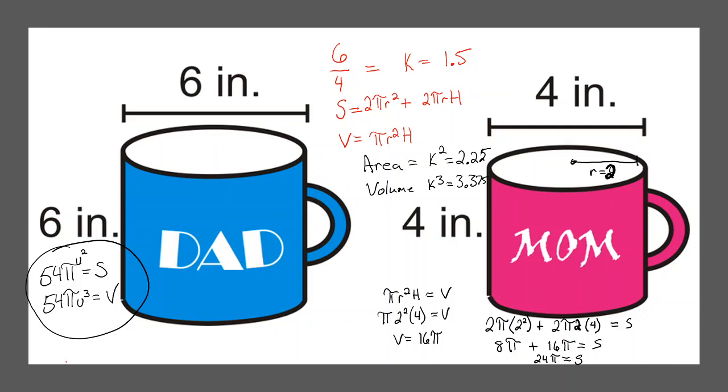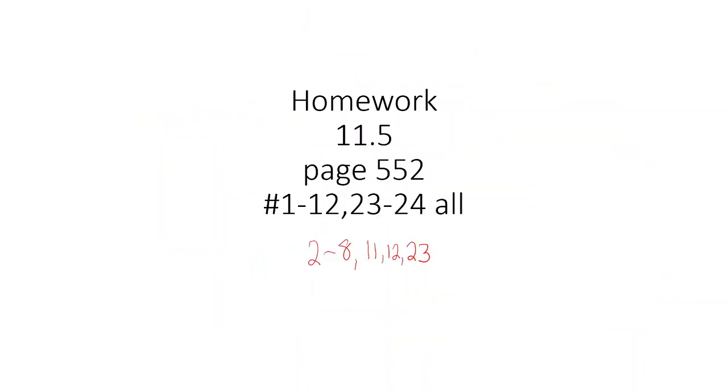All right. Hopefully these kind of help you as you're walking through stuff. That comes to the end of our lesson. As we do 11.5, page 552, tonight, for 2020 only, that's Corona year, the COVID-19 year, we're lowering the homework standard, so 2 to 8, 11, 12, and 23, instead of 1 to 12, 23, and 24. Just trying to help you out here. That's your homework for tonight. I won't see you again tomorrow. We're getting ready for